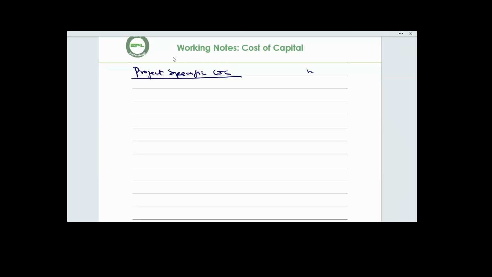But for project specific, it's a different ball game. There's something you must look out for in the question that will enable you to know that you are supposed to calculate project specific WACC. So let's take it one by one. Let me just do the writing for you. Now, project specific cost of capital. This is computed